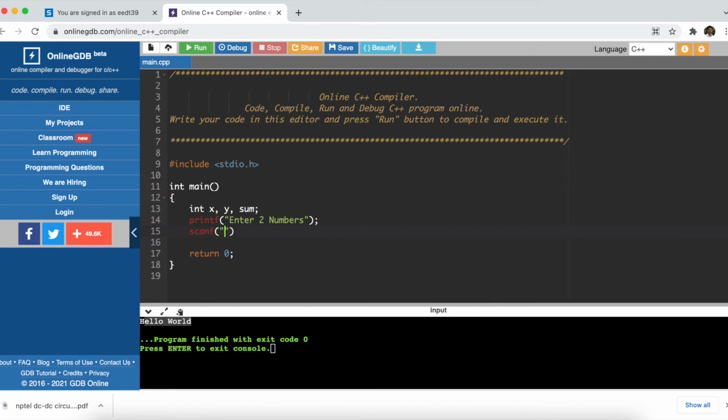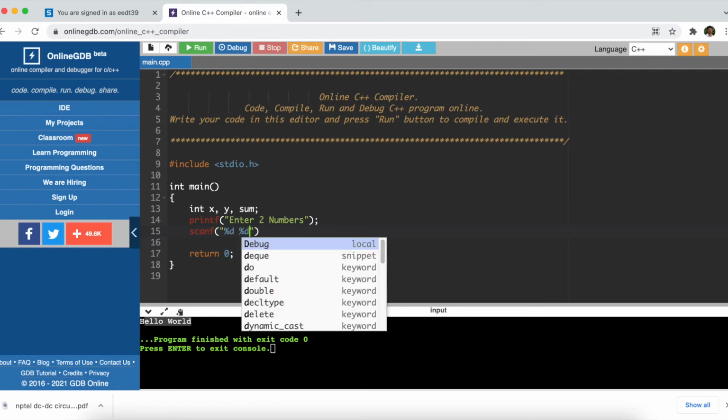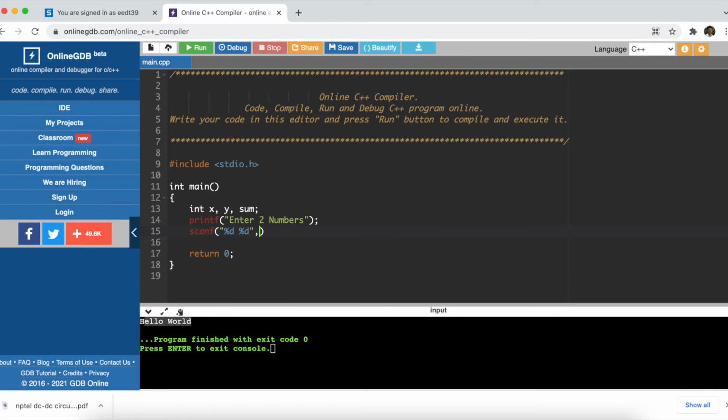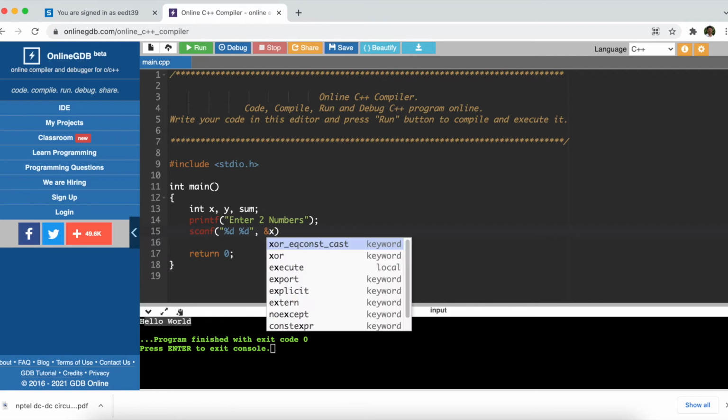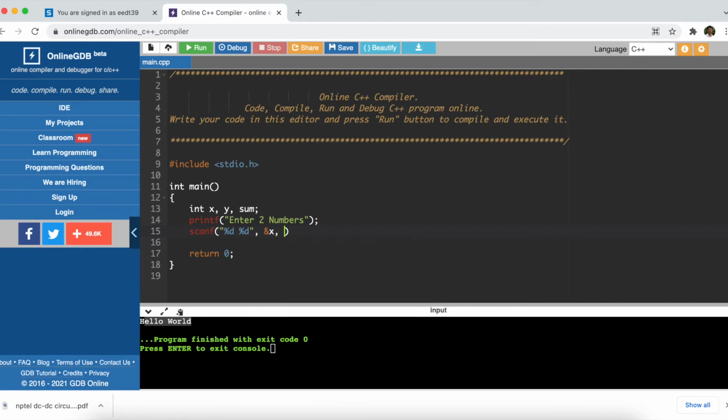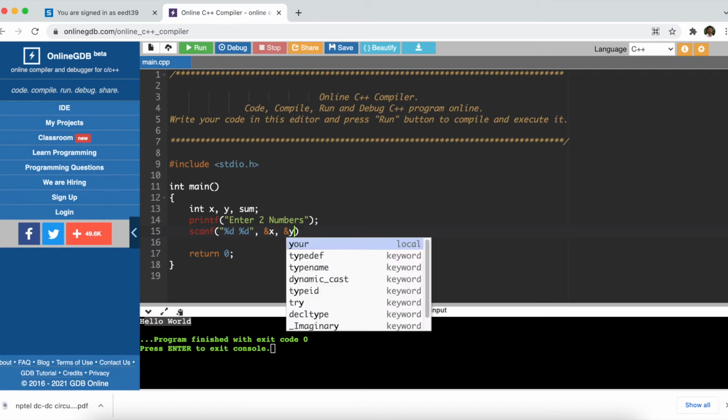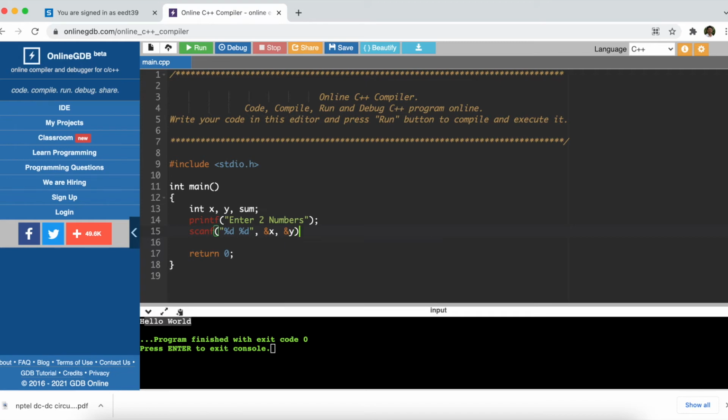Inside the double quotes it is %d space %d, this is the syntax. Then comma, and whatever value the user enters should go and sit in the location x. So that's why &x, and ampersand means the address. Then &y, it should go and sit in that location.